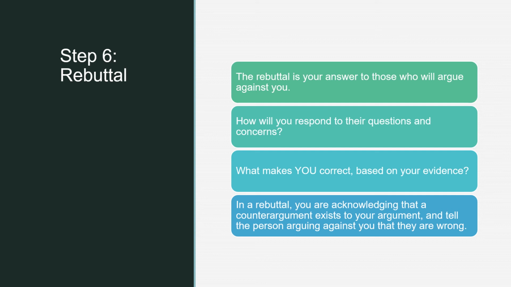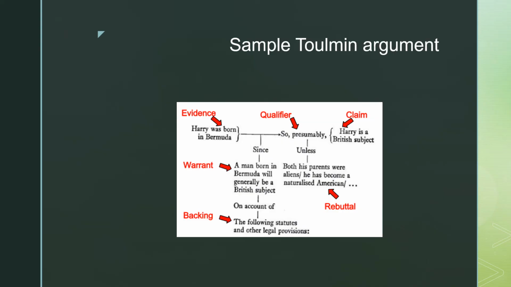So now we've made it through all 6 steps. The final slide is a diagram of a Toulmin model. So let me stop here and go to that one. Okay, here is the claim. And the claim is Harry is a British subject. And they have evidence here, which is also reason. Remember, reason and evidence can go together. So because